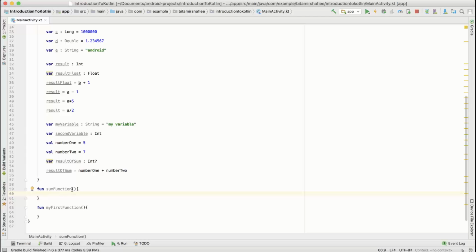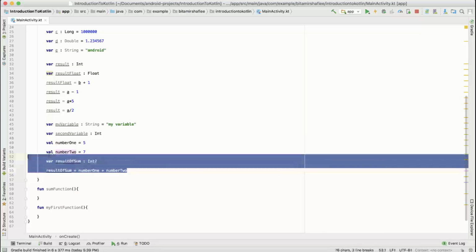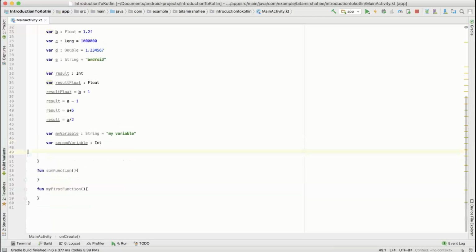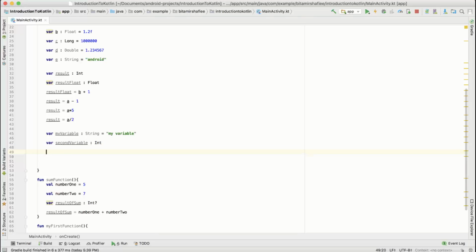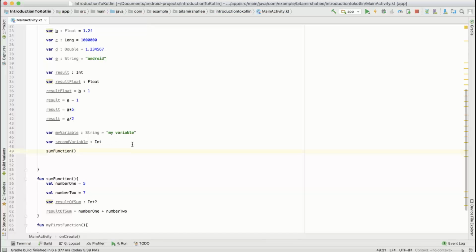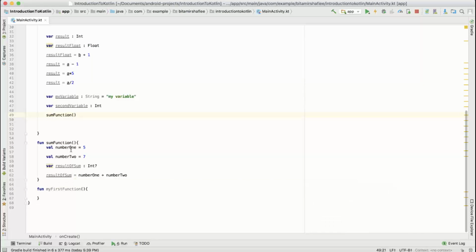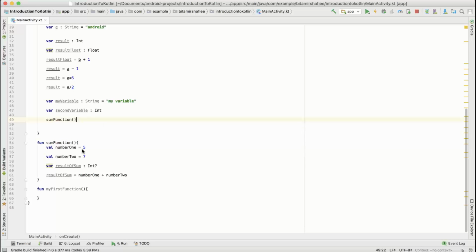Okay, inside these curly braces I will just copy and paste these four lines here. And now I will again copy this function name and call it like this. So instead of these 4 lines, I will just use 1 line. Much nicer, isn't it? Okay,